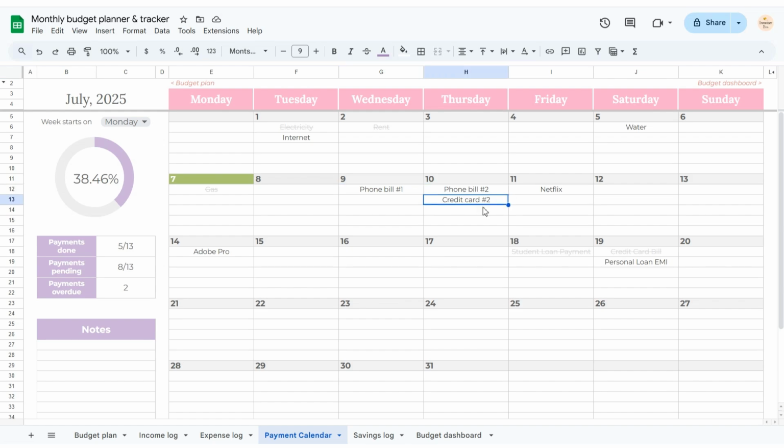The current date is highlighted in green, so you always know where you are in the month at a glance. And when you actually make the payment and log it in the expense log, the calendar updates again. That payment will be struck through and grayed out, marking it as completed. It's a gentle way to stay on top of your payments, without having to rely on a separate app or